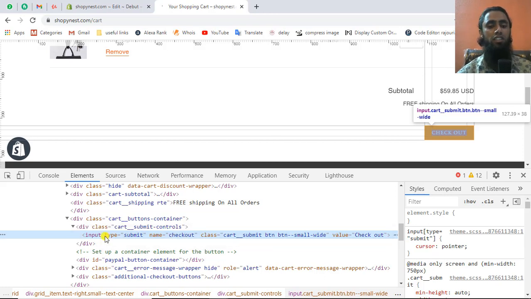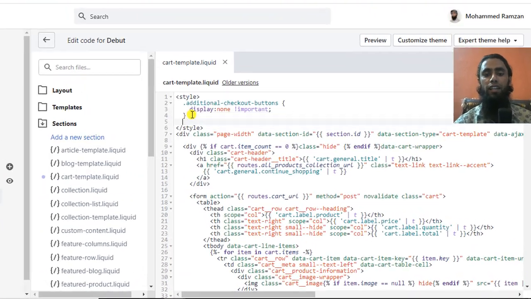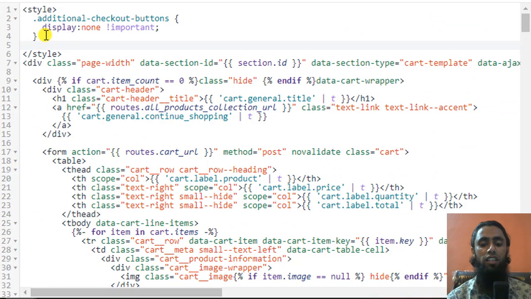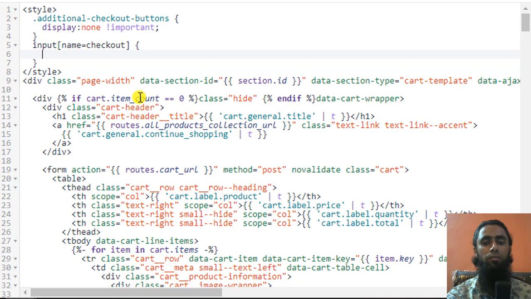So if you are interested to remove this one as well, so how you will be removing this one is, like I need to mention another CSS, which is like I have input element, and in the input element name equals to checkout, and then we have curly braces open and curly braces close, and inside of it again you have to copy and paste this same property, so that is display none important, right?